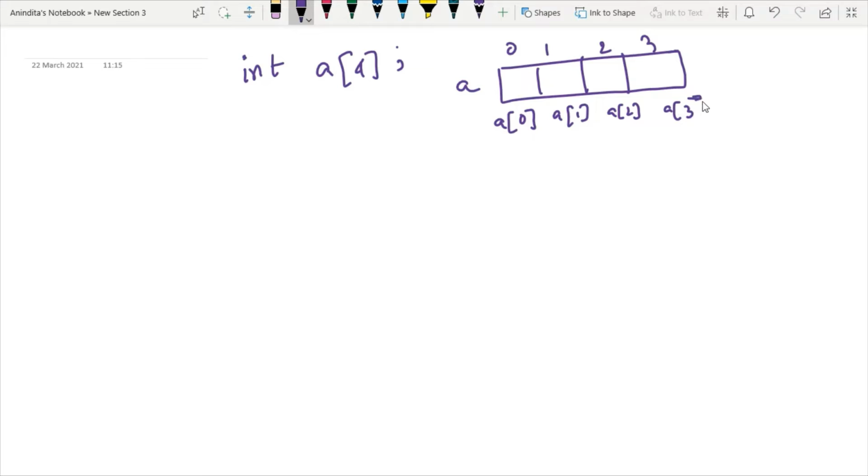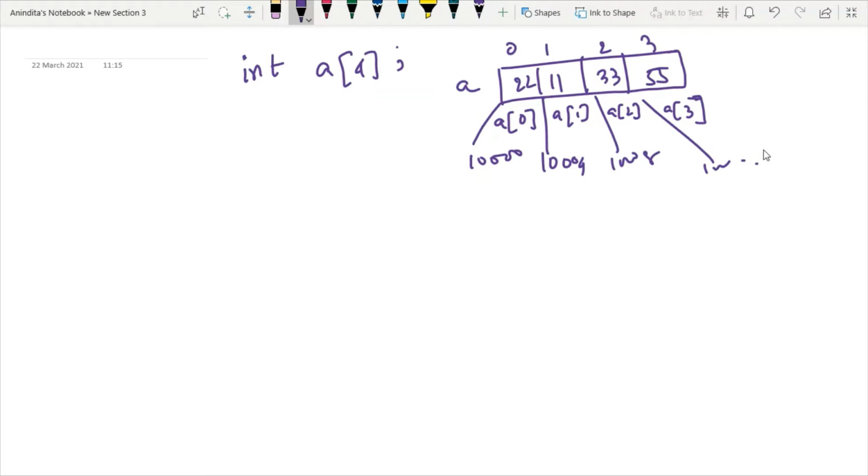An array will always contain homogeneous values, that is values of similar data types. And each and every element should have its own address. Since the size of an integer is 4 bytes, we will have this kind of address allocation, and then 8, and similarly it will go on.